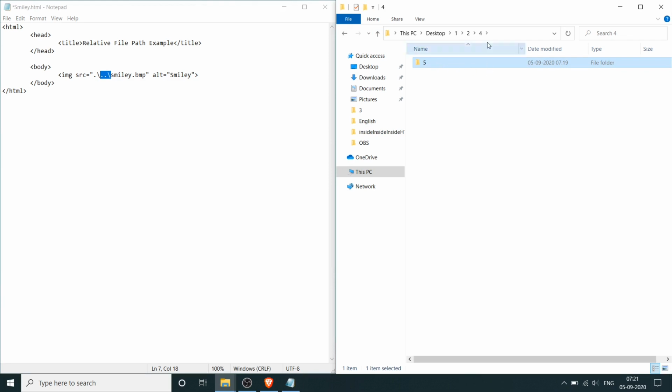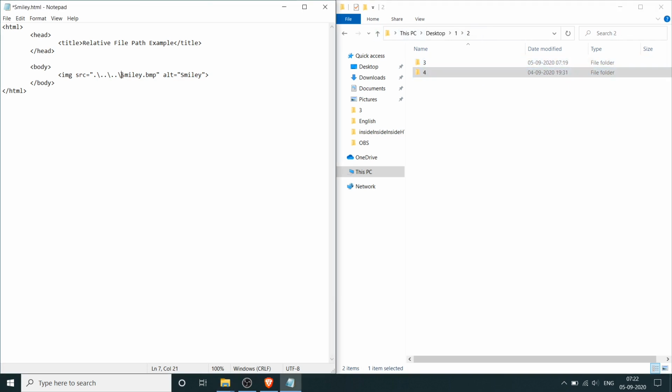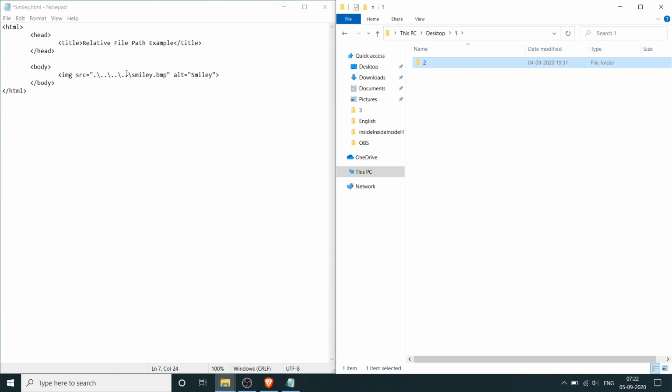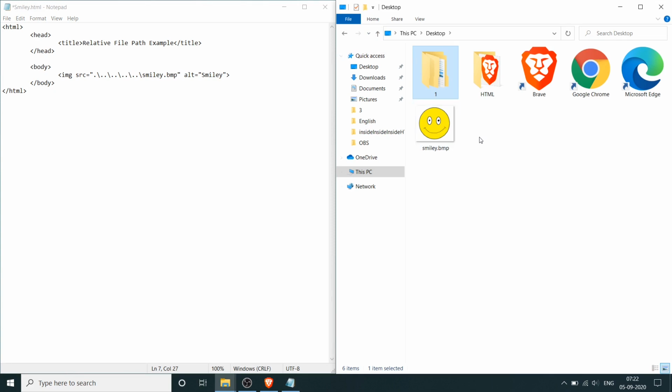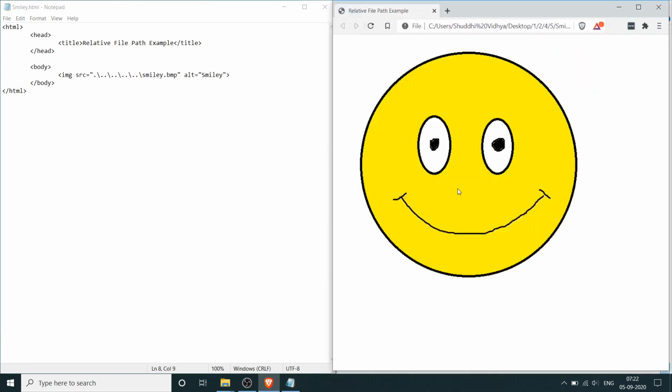Now we need to go another level up so that we go to 2. I'm going to do another 2 dot operator and we are back here, and we're still not there yet. So another 2 dots, go up, another 2 dots, and you go up. And there we have the image file, which is already specified here. So let me save this and refresh it here. And now we get it. Okay, so this is how you go to the parent directories.